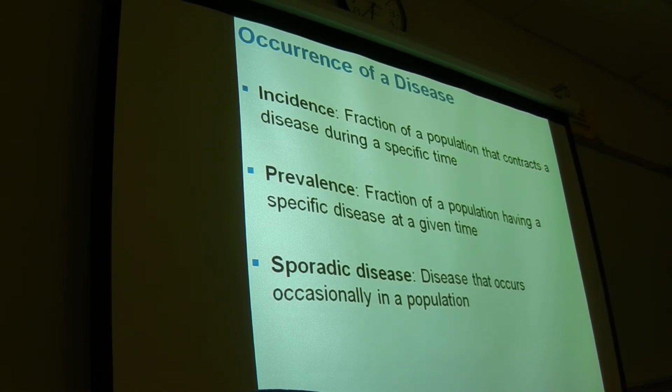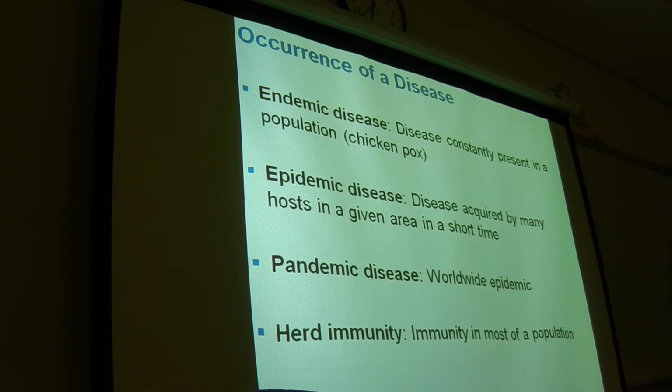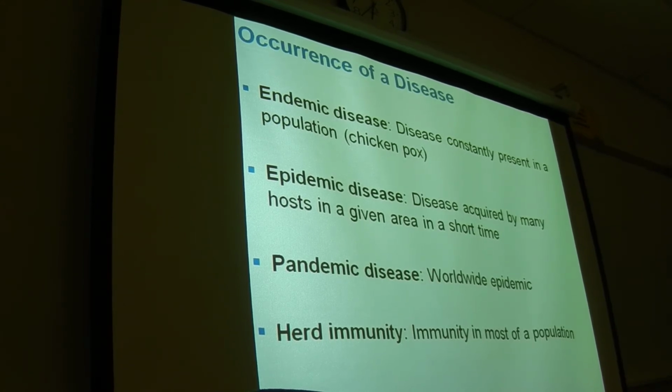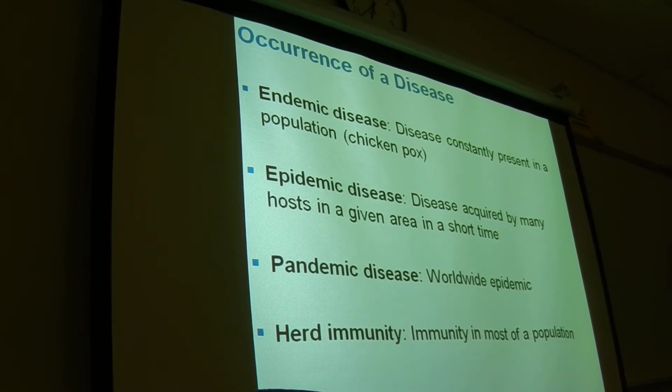Okay. Sporadic disease is disease that occurs occasionally in the population, so it's not seen year-round. So again, the flu is one that falls into sporadic. It's not around typically for about half the year. Endemic disease, on the other end of the spectrum, is something that's constantly present in the population. At any given time, there's someone somewhere that has this disease. Typically not just one person, but many people. So chickenpox. At any given time, if you talk about how many people in the country have chickenpox, there are always a significant amount of people that have chickenpox. It's never gone.